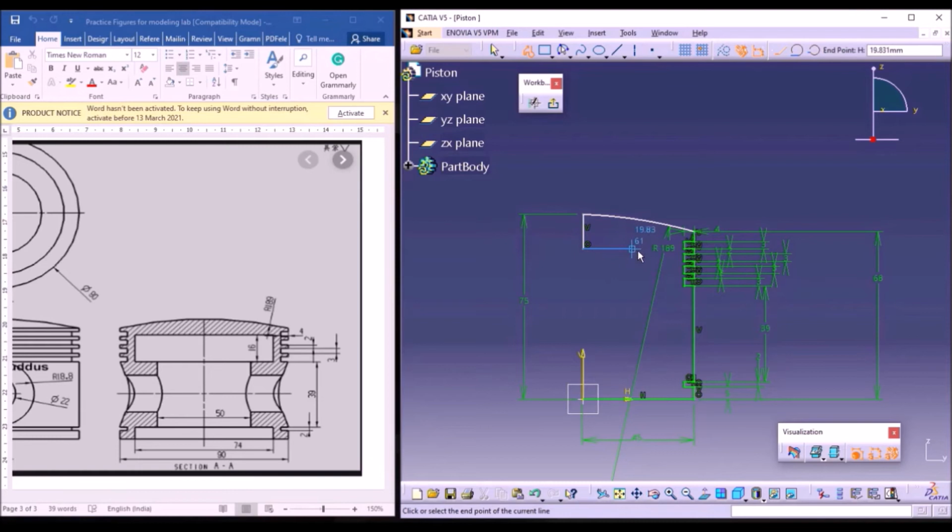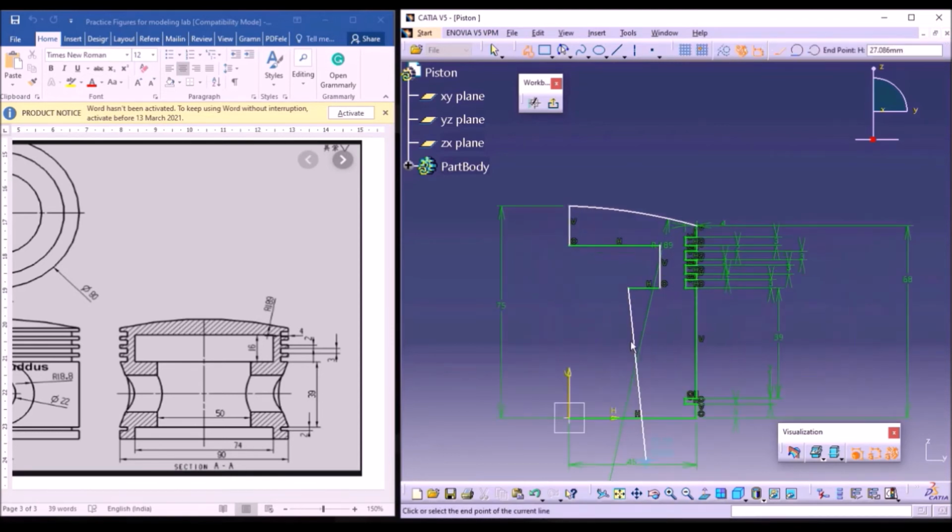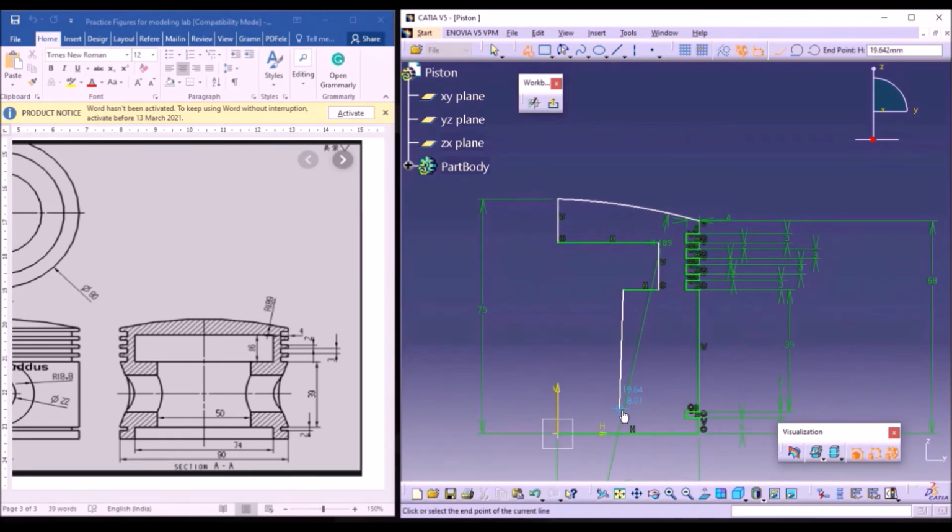Now draw a horizontal line up to some point. Next it should coincide with this bottom line. Just coincide with this bottom line. Now close this and draw up to some extent. Now drag it to the bottom side, as it should meet some distances. So it should make this horizontal line, the first horizontal line. Like this it should meet it. So zoom in and draw a line by meeting that coincident point.